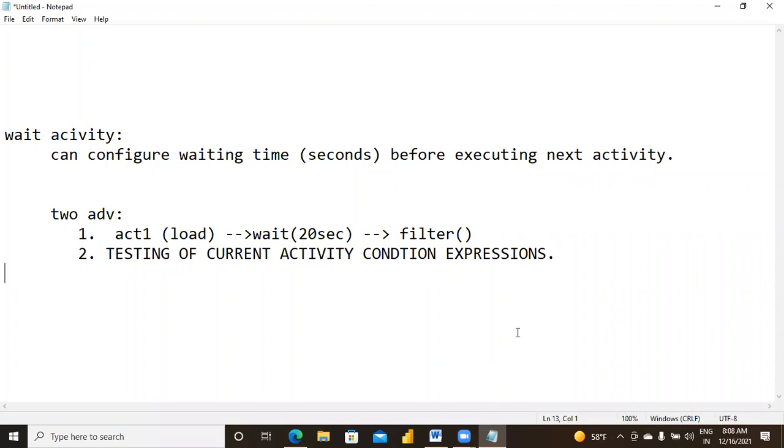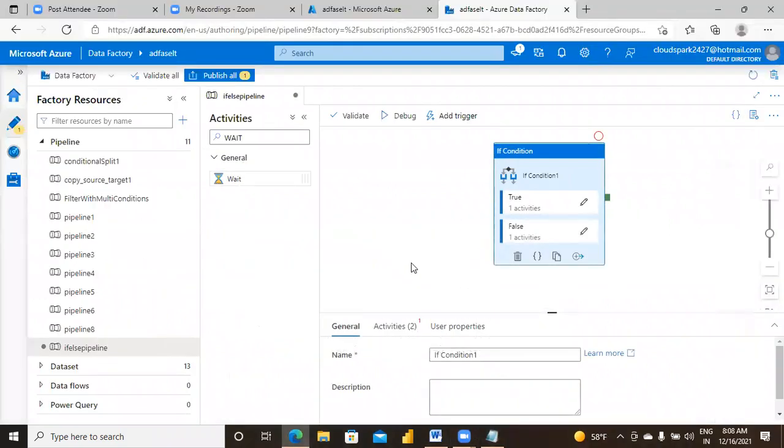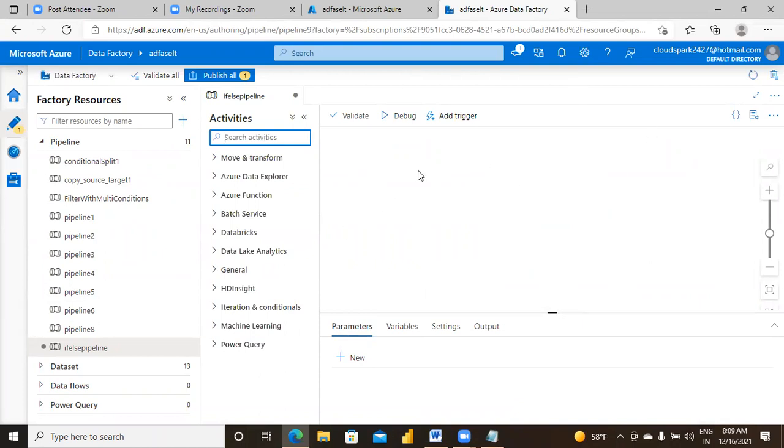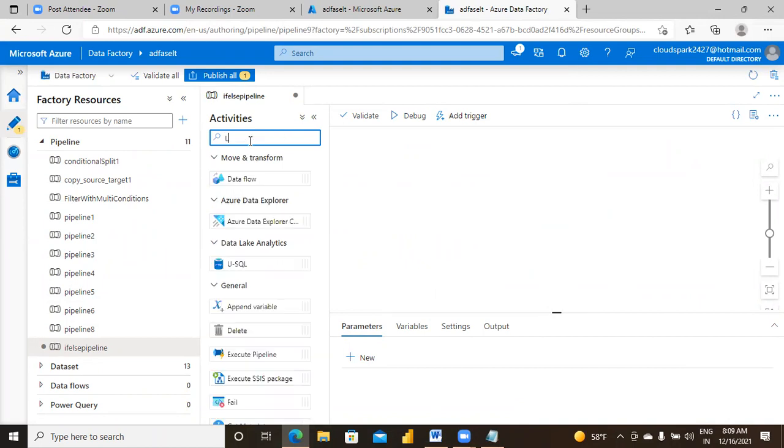Now, one more activity I will highlight at a high level, that is the lookup activity. I'm going to take only the lookup activity.